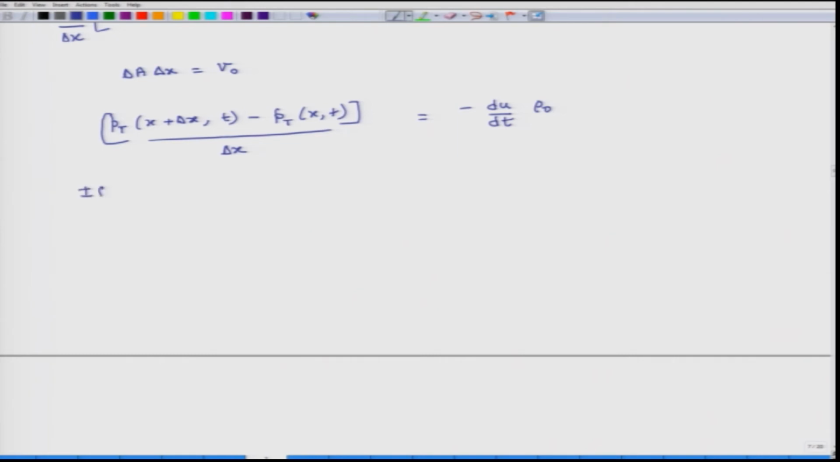So, now we move one step further. If Δx approaches 0 in the limit, (p_t(x + Δx, t) − p_t(x, t)) divided by Δx, it approaches what? Is it a total derivative or partial derivative? It will be the partial derivative